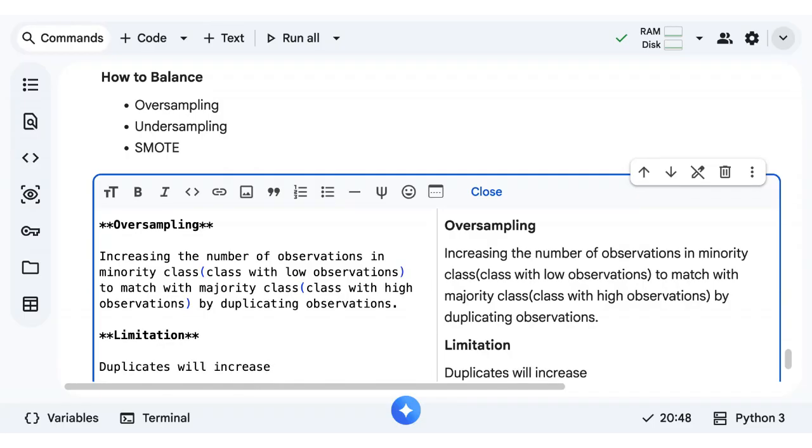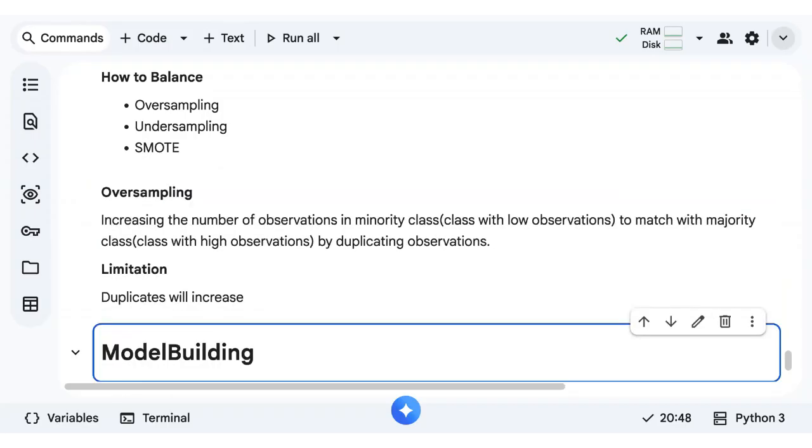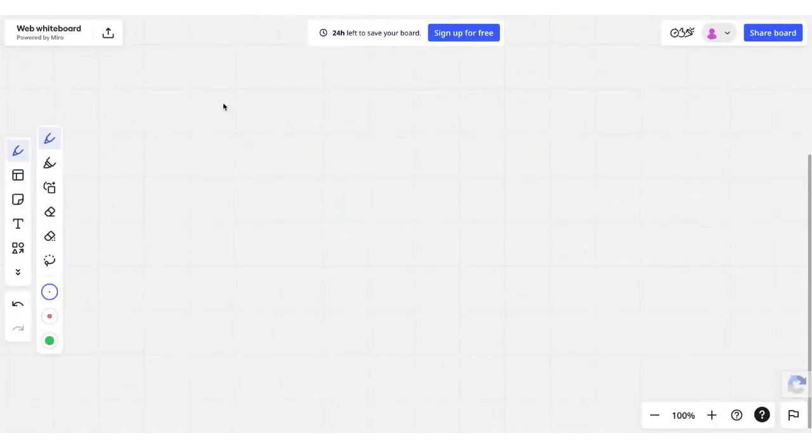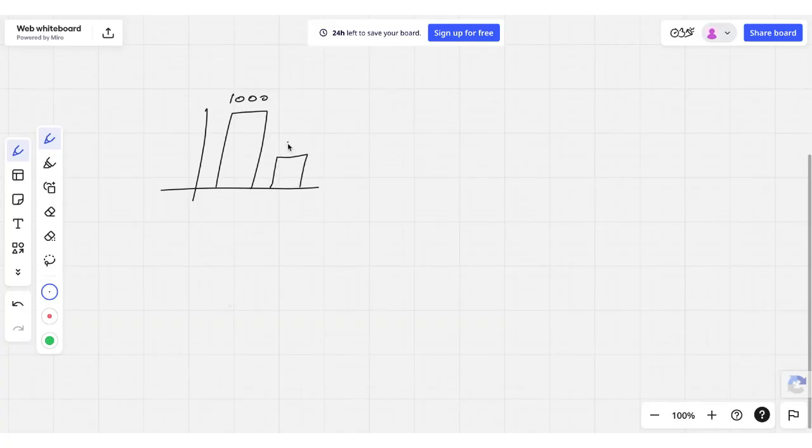Repeating the same rows doesn't make sense, so it's not a good option. Okay, so in oversampling, what happens? Let's say, for example, your majority class has 1000 observations and your minority class has 300 observations. So what will happen in your oversampling?